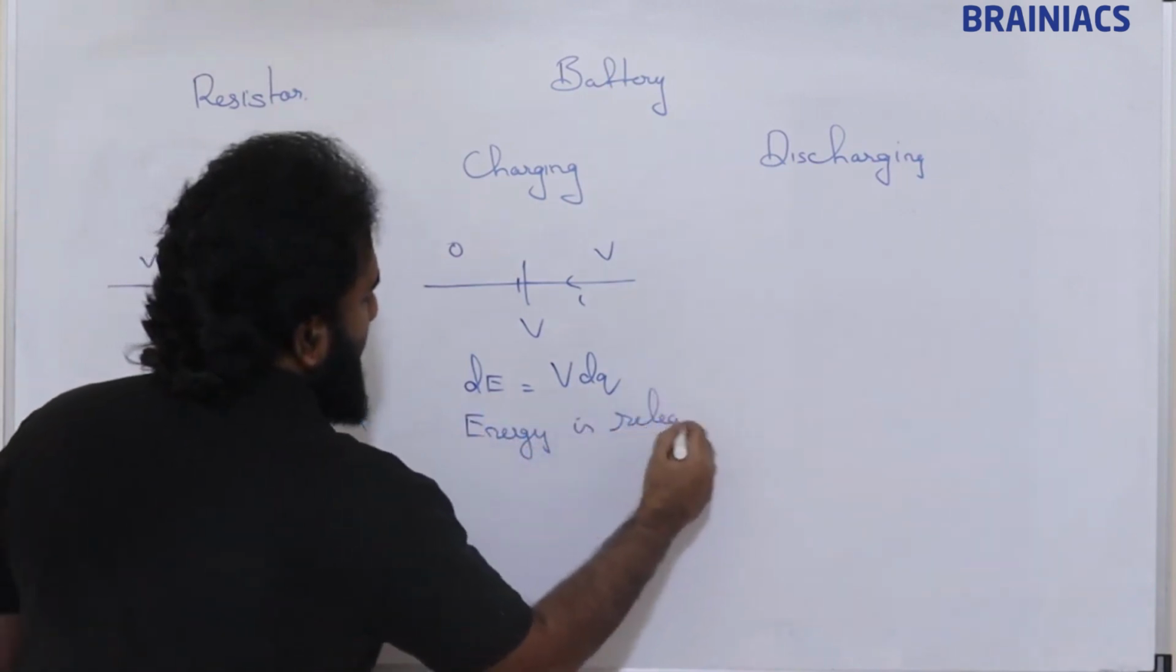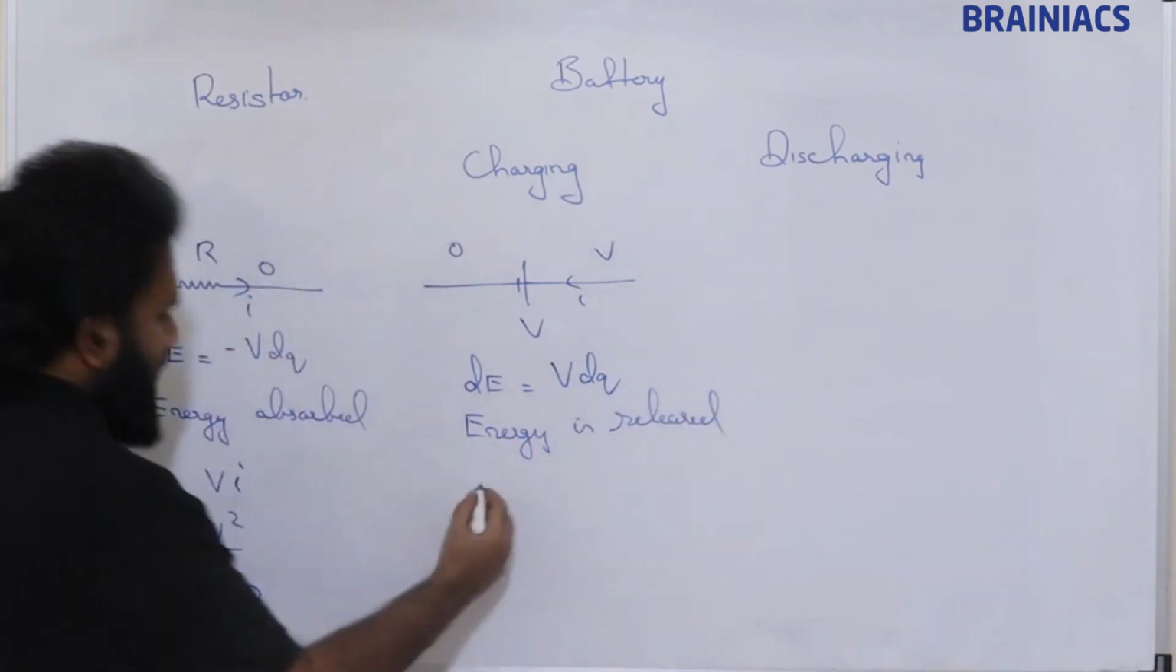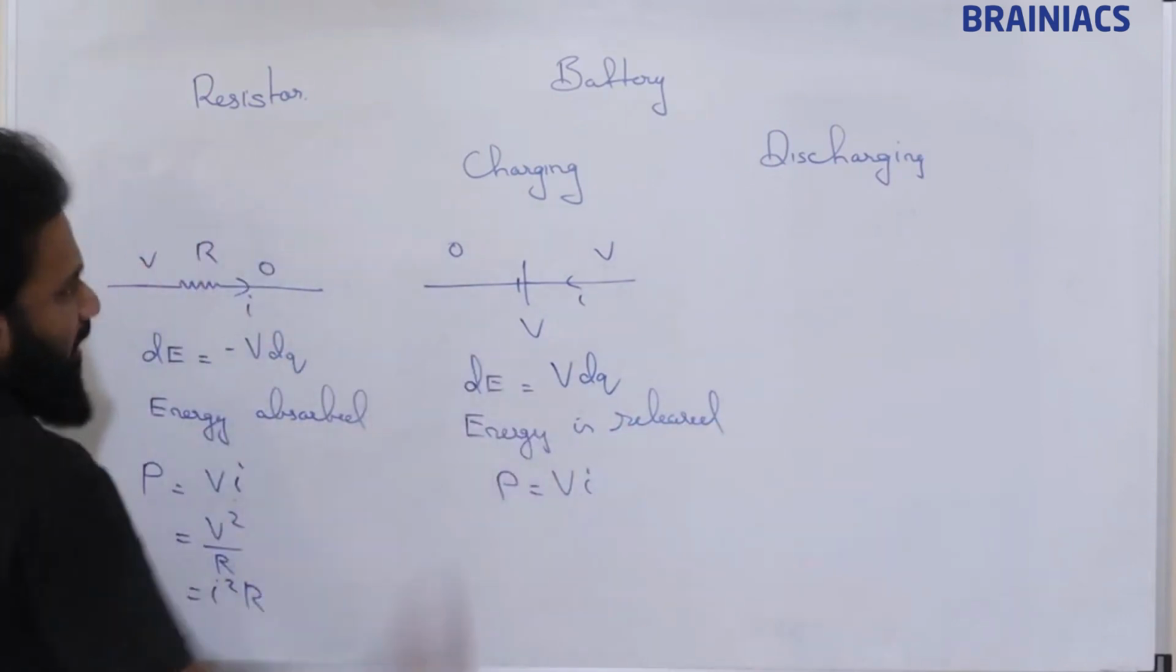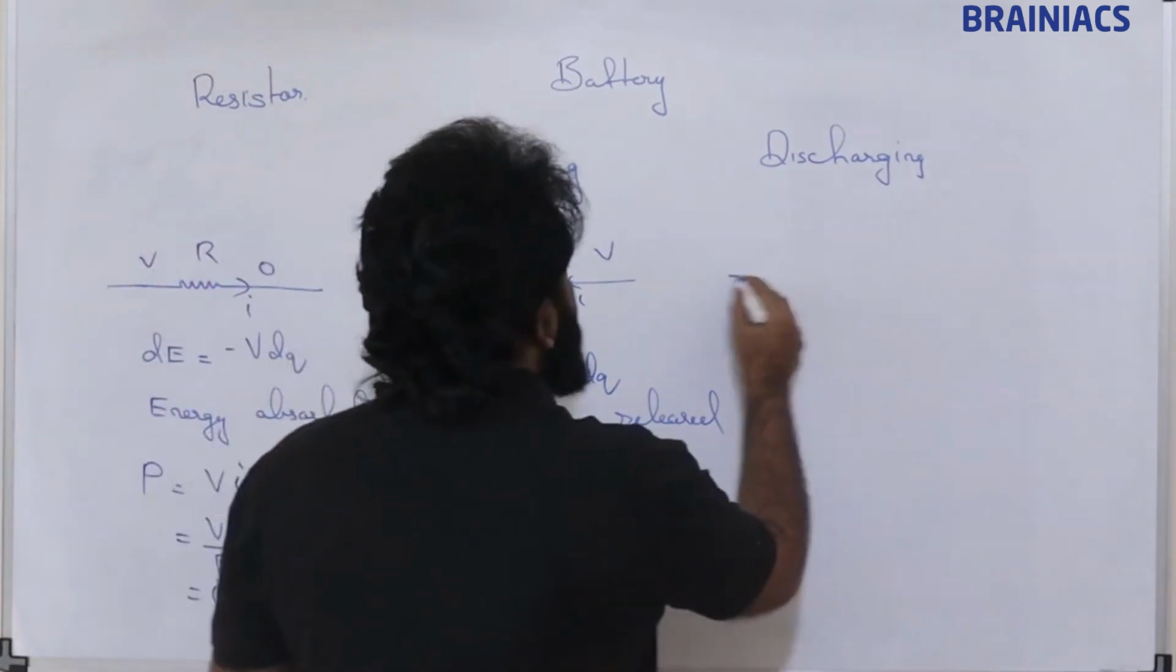Energy is released. And what is power P? P is equal to simply Vi, no other formulas, only P is equal to Vi. In the case of discharging,